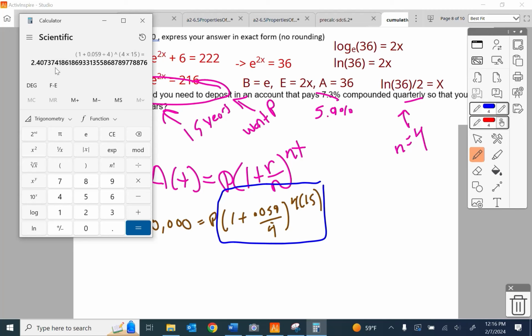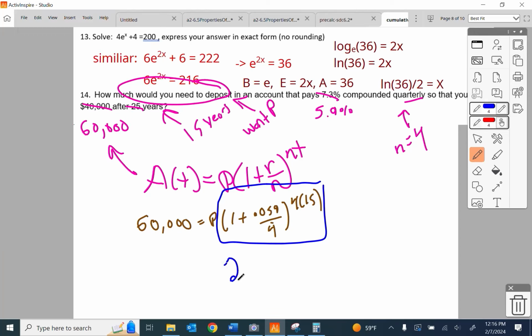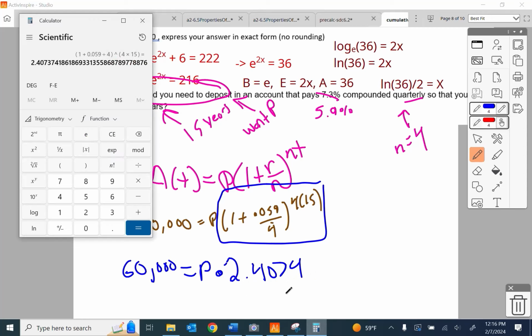I got that funky looking number. I'm going to keep it out to here, and that 3 is going to become a 4. 2.4074. That is attached to the P. So what I'm going to do is divide it out. So I take my 60,000